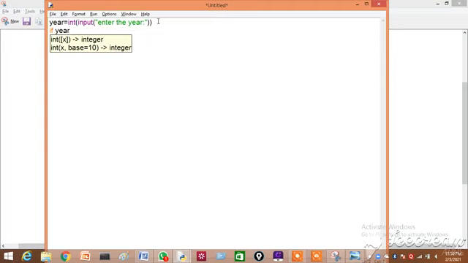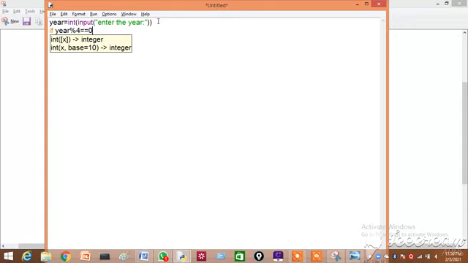So here there are two possibilities of year. One, it may be a leap year, otherwise a normal year will be there. That is 365 days and 366 days. So whatever logic you are writing, it has to work for two possible input combinations, and for those two we have to write the logic.